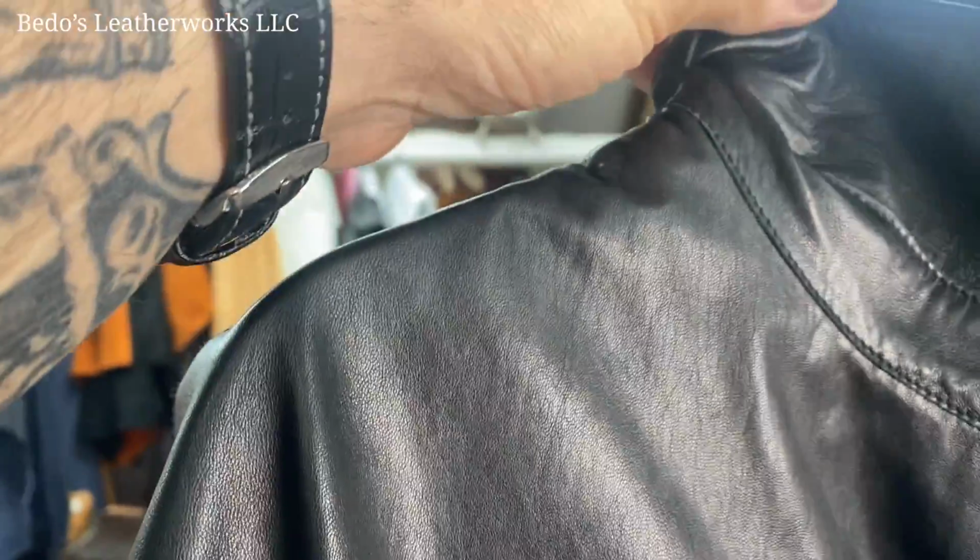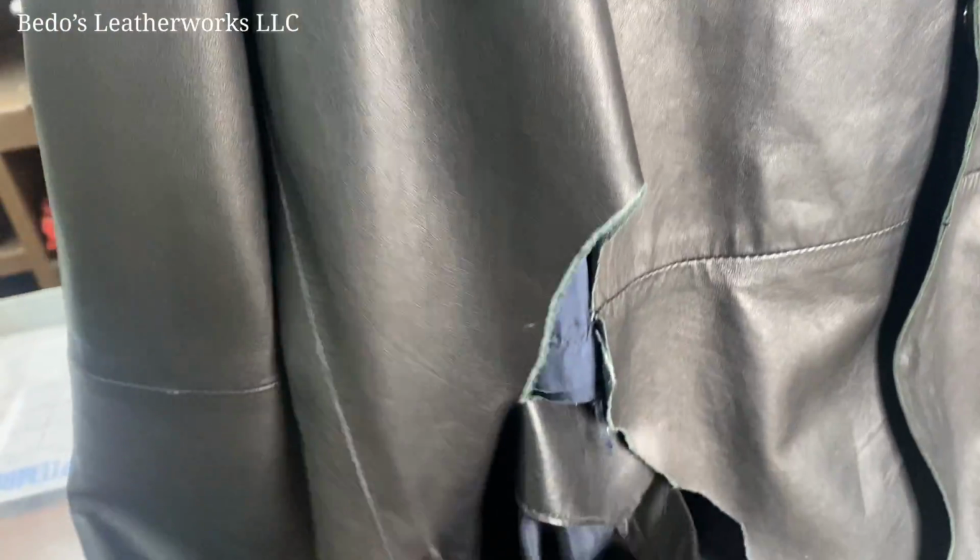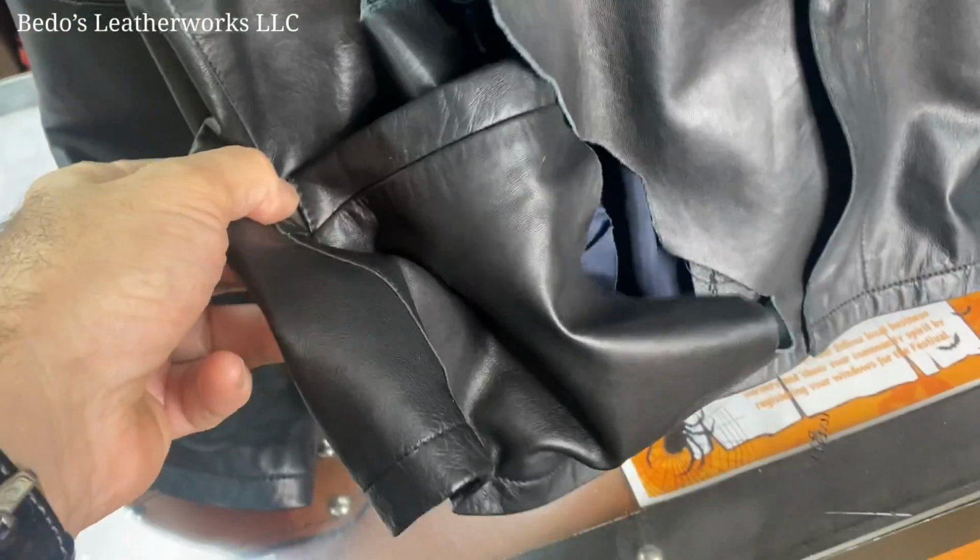The second option is to replace the panel of the jacket. By replacing the panel of the jacket, you're not going to see any tears, obviously, because it's going to be a new panel. However, it's very difficult at times to match the exact leather to what the jacket is. In this case, we got pretty lucky. It is black lambskin, very soft and supple, which is pretty common that we can get in the replacement for